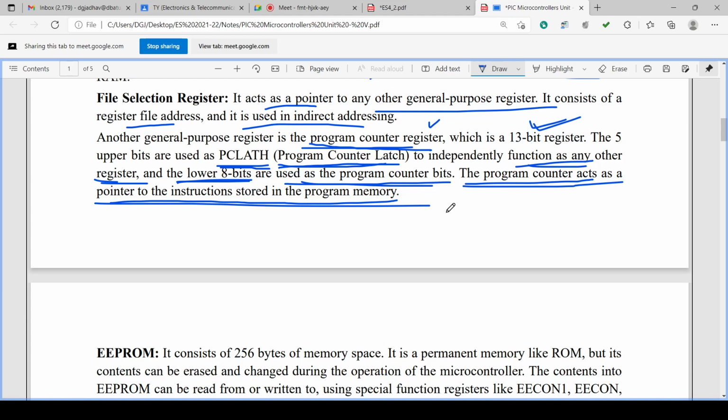Okay, so this is about the file selection register. The PC latch has 5 upper bits, and the 8 bits are the program counter bits. The PC latch and program counter bits, 8 bits and 5 bits combined, become the file selection register content.